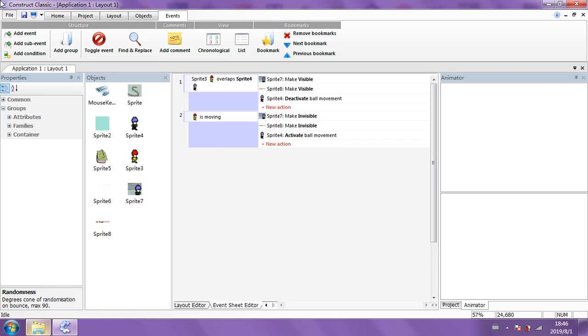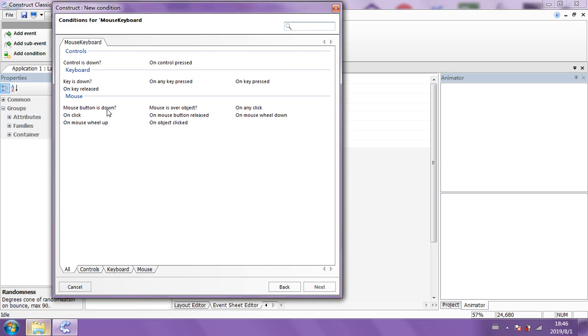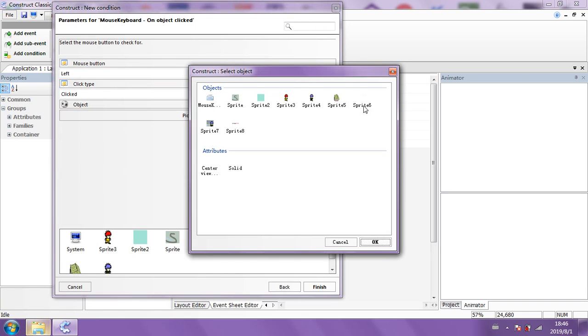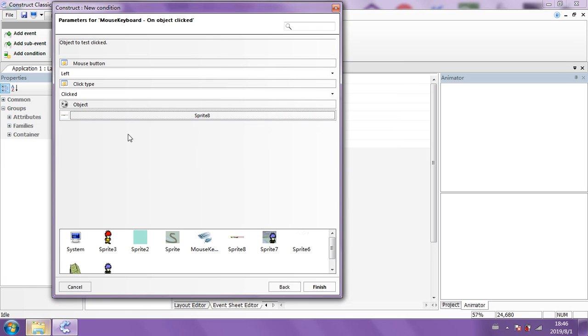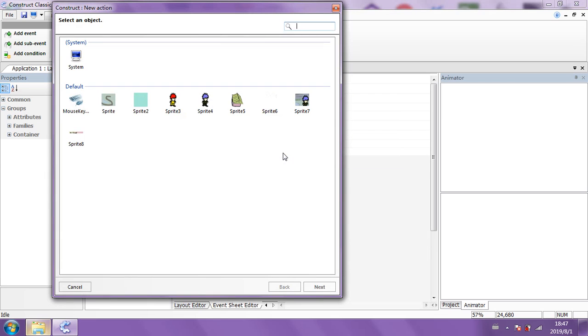on. So if I go to insert event, go to mouse and keyboard, and go to when object is clicked, right? When object clicked, and then pick the object as this sprite, which is the words when he's talking on the screen. Hi friend. So when I click on that, it's going to make something happen.